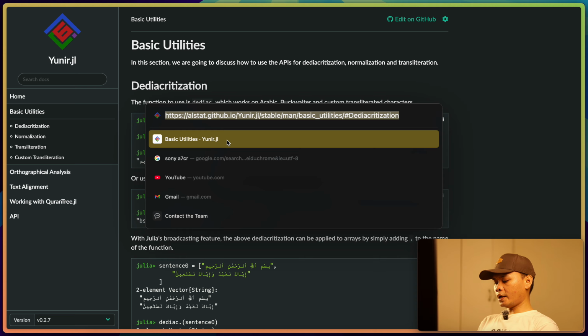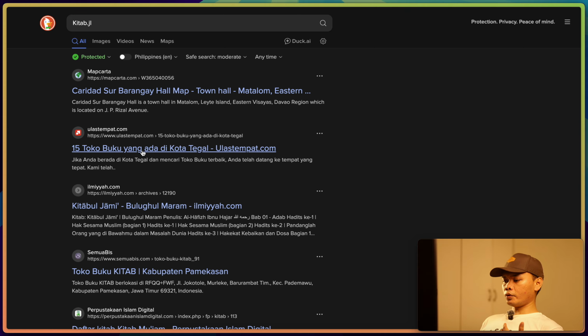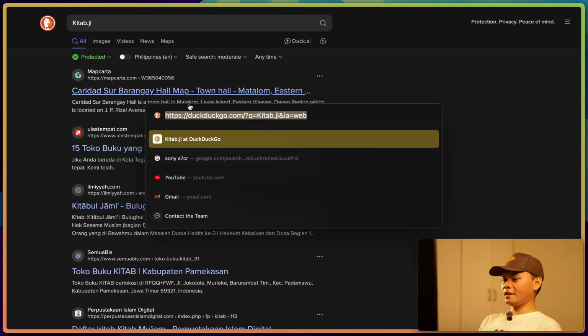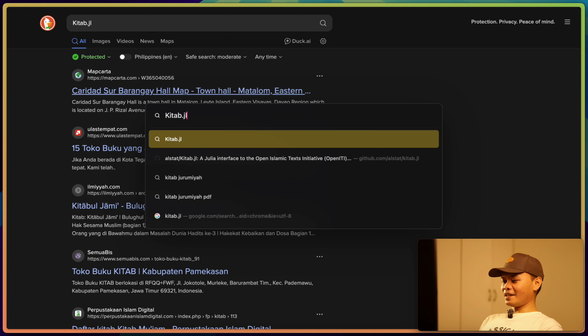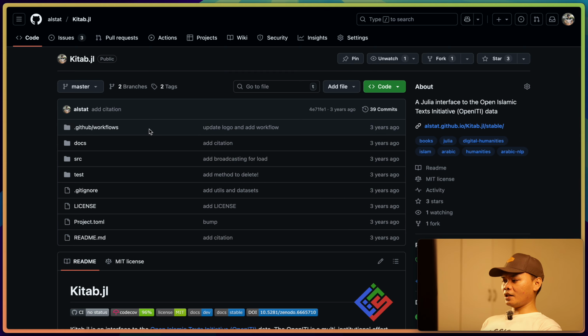The last tool, or library, that I've created in Julia is kitab.jl. If you search for that, okay, it's not giving us the link to it. So it's actually this one, kitab.jl. If I open that link,